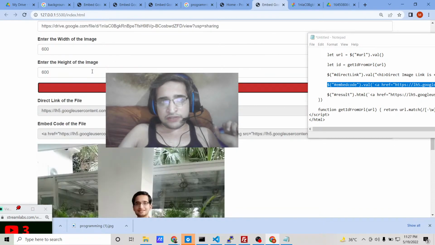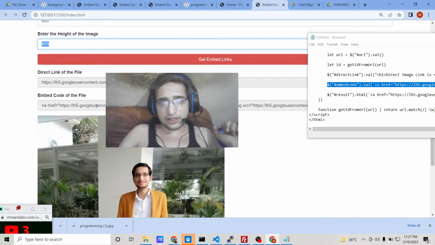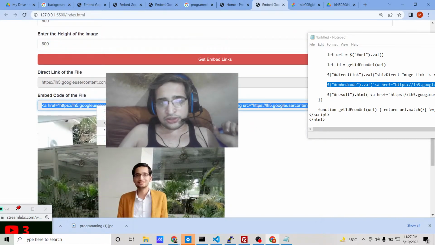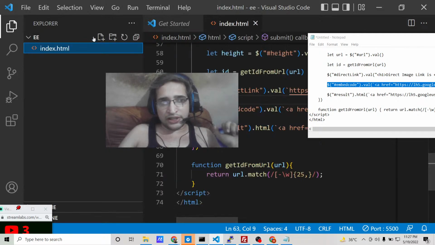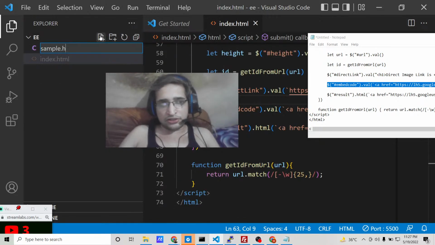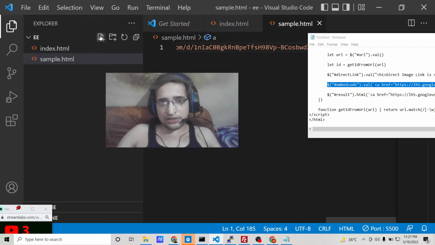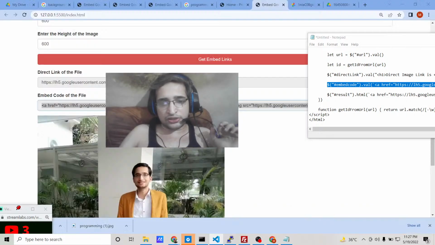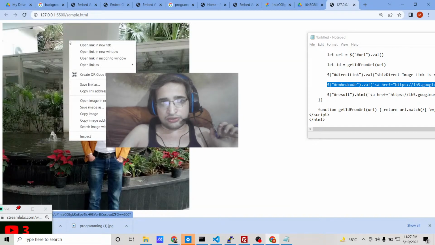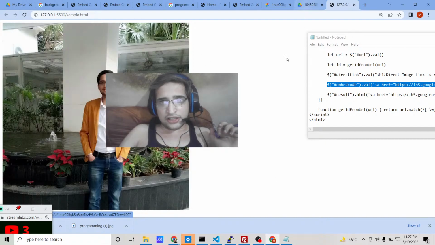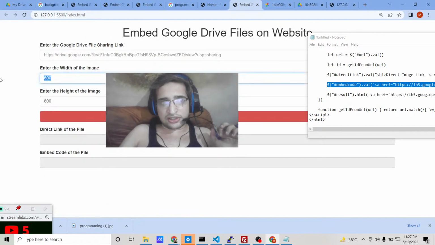Now you can see it will get the custom width and height, and this is your embed code. Embed codes are very useful if you're developing any sort of application. You can directly make an HTML file here, simply sample.html, paste this embed code, and if you open this inside the browser, it will display that file. And the nice thing is that you can change the width and the height of